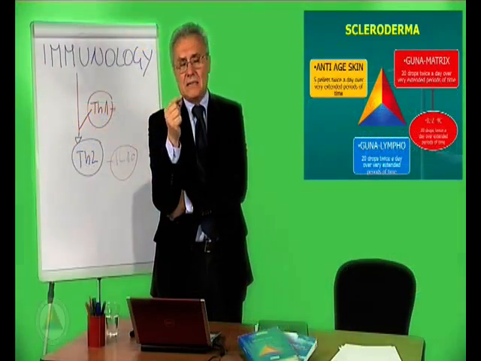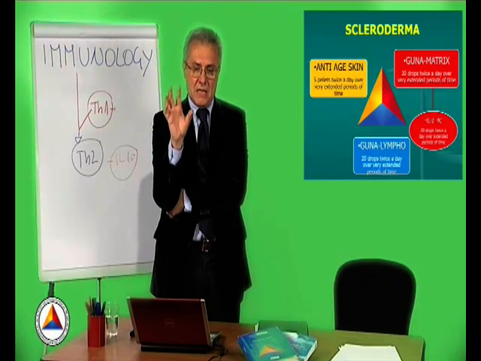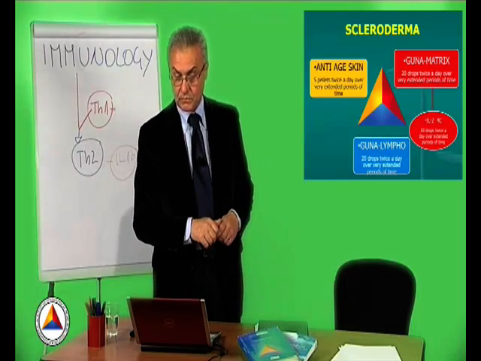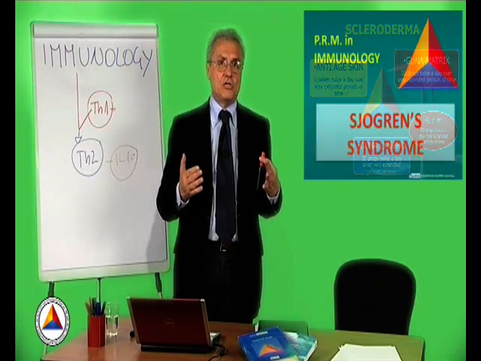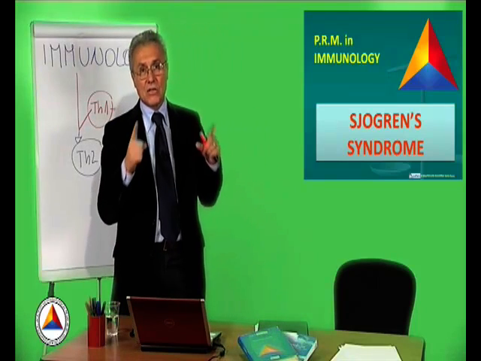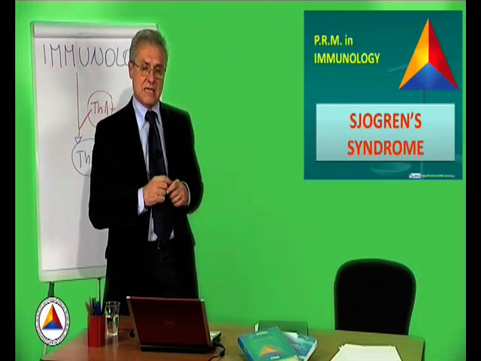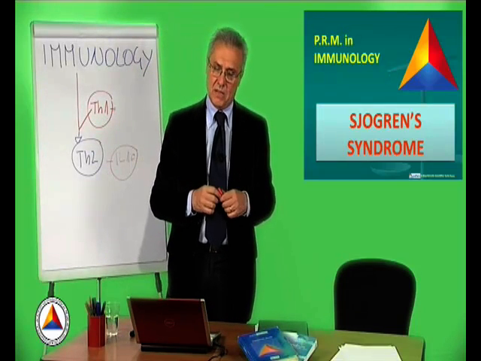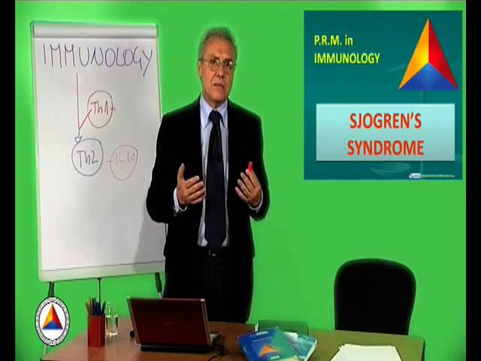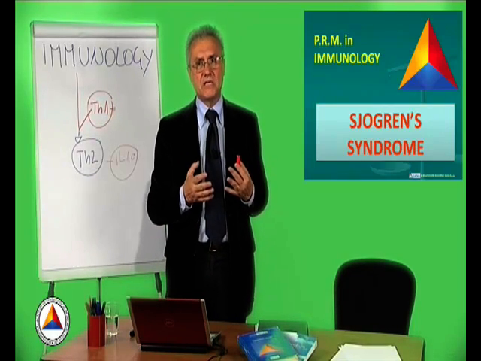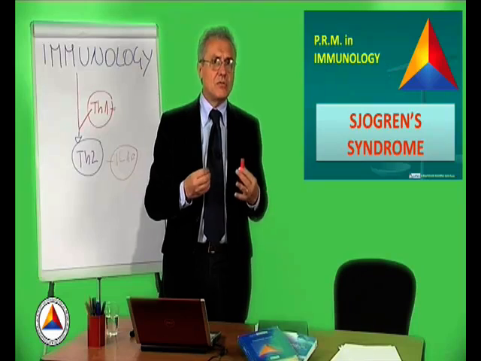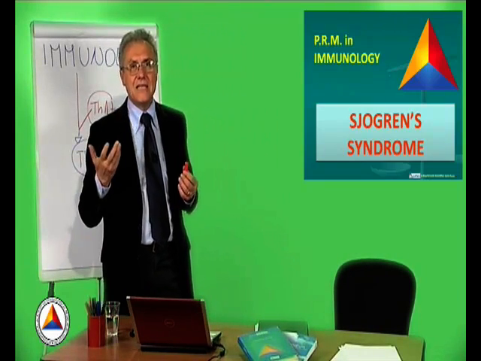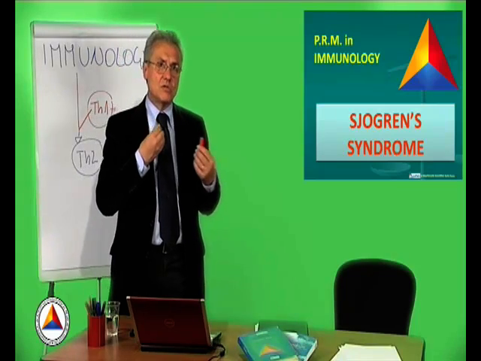Another autoimmune disease, which is again Th2 and again systemic and consequently always very important, is Sjogren's syndrome. This disease is also extremely common. Unfortunately, we are seeing autoimmune diseases much more often than we might expect, although they are underestimated. A typical symptom of Sjogren's disease is dryness of the eyes or dryness of the mouth.